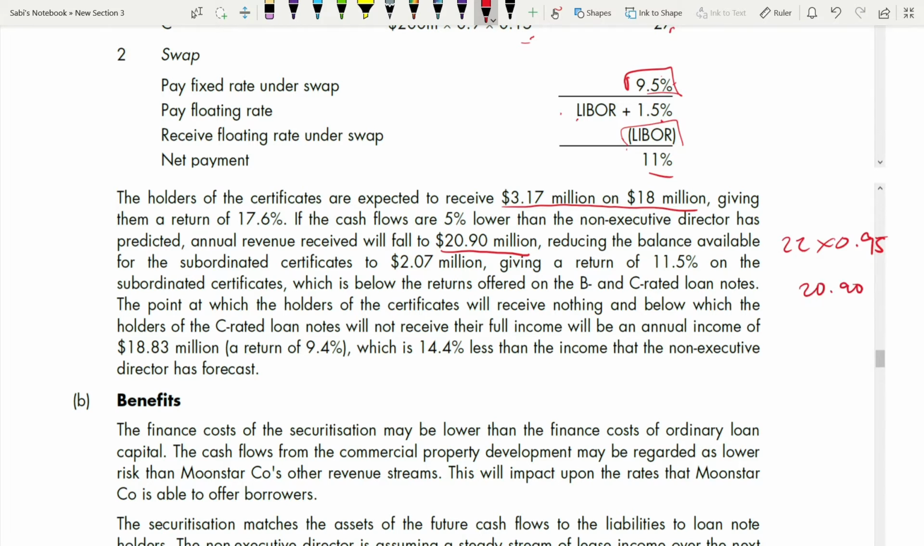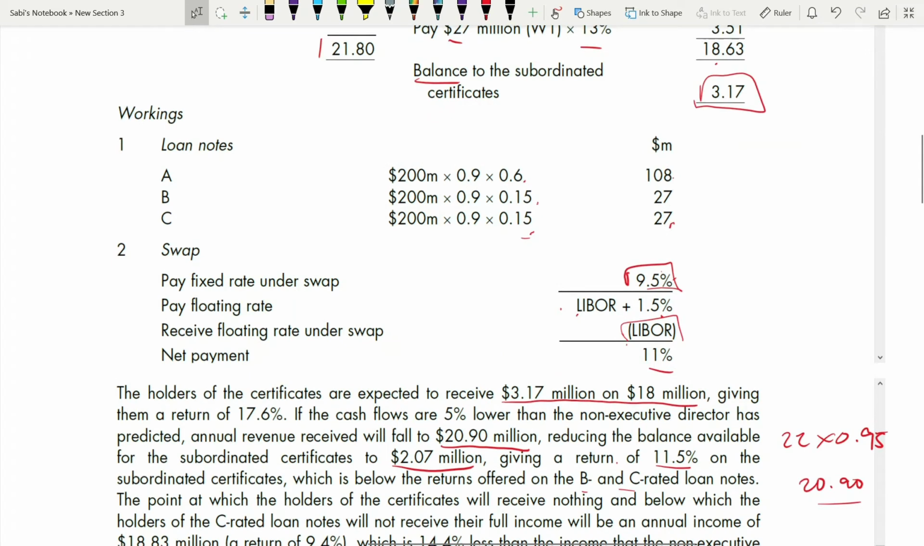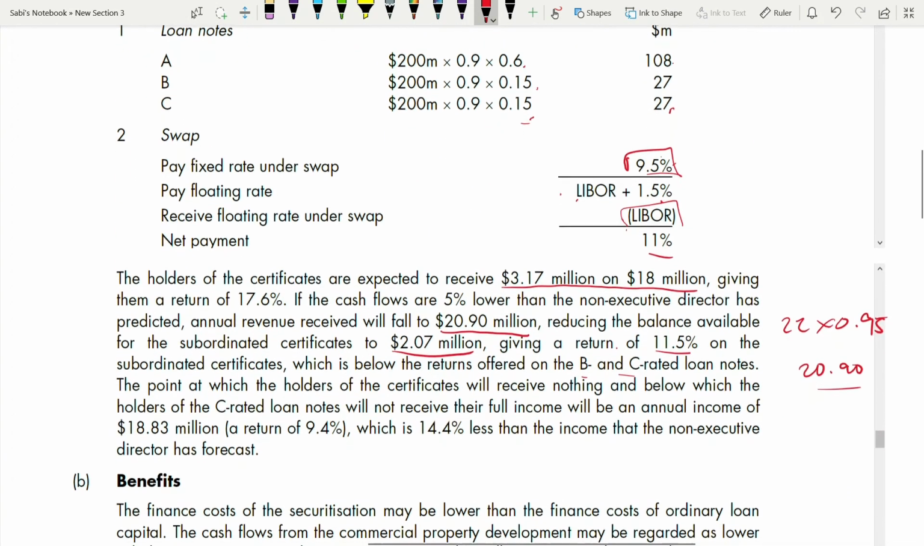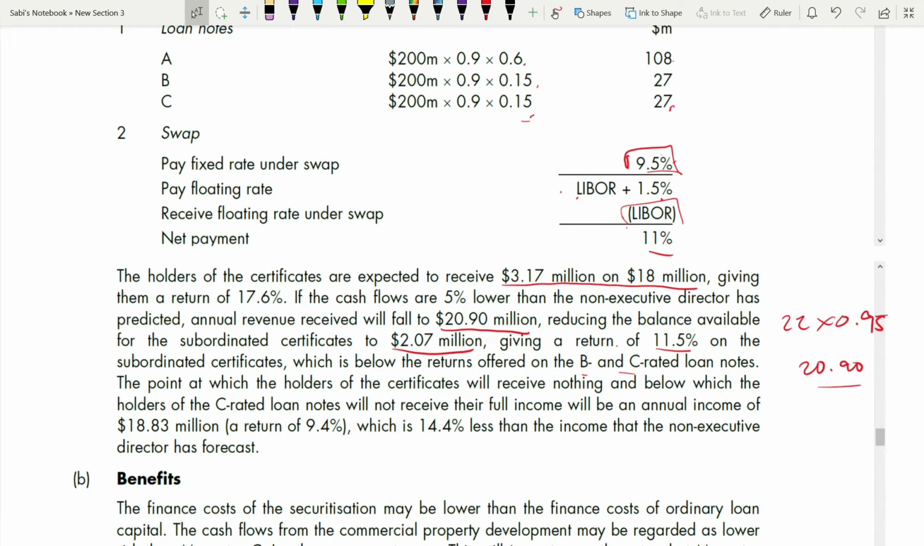This reduces the balance available for the subordinated certificates. Now, with this annual revenue, if you calculate the balance, you will get the subordinated certificate. You saw that it fell from 3.17 to 2.07, giving a return of 11.5% on the subordinated certificate, which is below the return offered on B and C loan notes. Just see 11.5%, whereas the return here is 12% and 13%. It is even less than B and C's rate. How 11.5%? Because 2.07 divided by